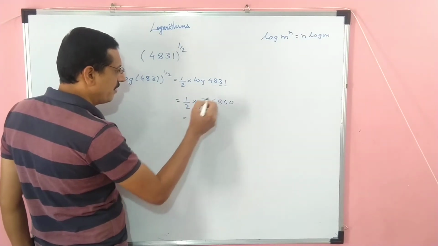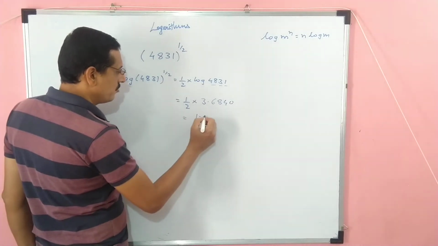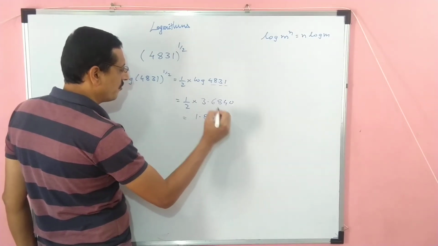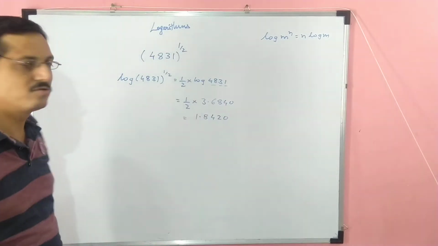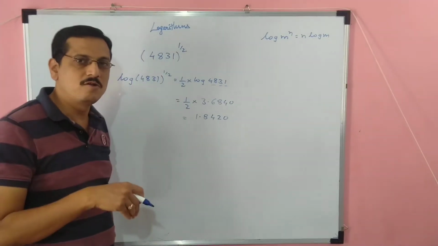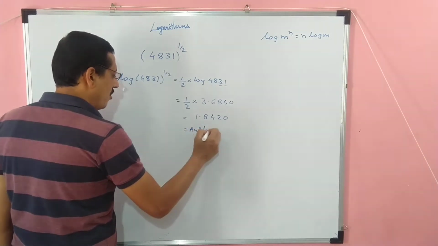Now, students, it is 1 by 2 into 3.6840. Now divide this whole value by 2. So 2 1s are 2, 2 8s are 16, 2 4s are 8, 2 2s are 4, and 0 remains as it is. Students, my sum is solved. Now I have to come out of the logarithm. For that I have to use the anti-log of